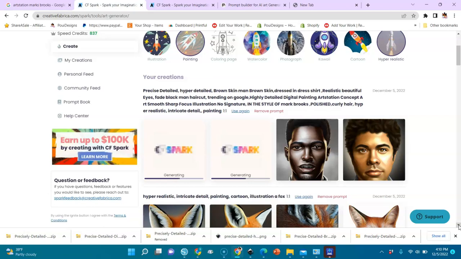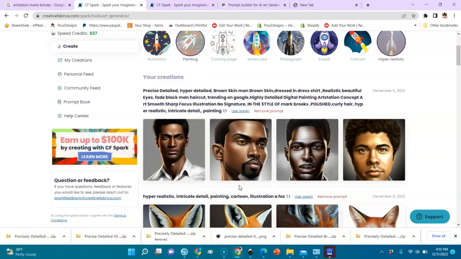And let me tell you, sometimes these two here, they will never come up again. They will stay like this because it's AI, it's a computer. Sometimes it never gives you anything, but sometimes it does. You see, this guy started coming out with his dress shirt. These three are cut, and then you can save this, you can publish this, you can use it for yourself.